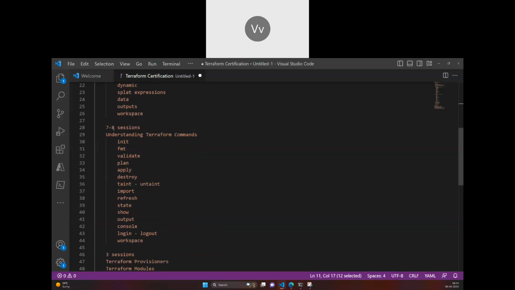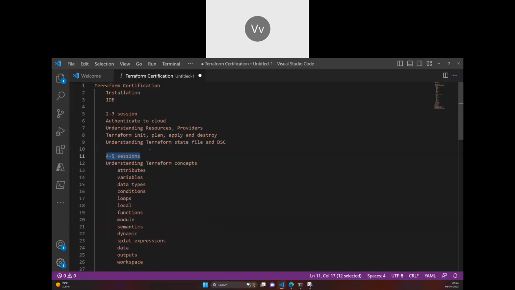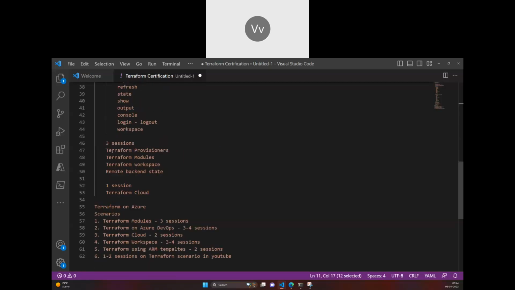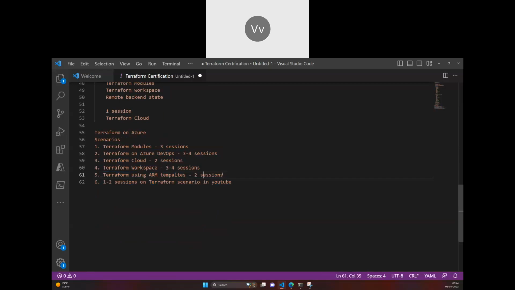So 3 plus 5, 8, 8 plus 8, 16, 16 plus 4, 20 sessions are actually going on this. If I could scale down and go a bit faster, it would be like 2 plus 4, 7, 6 plus 7, 13, and 13 plus 4, 17 or 16. Then I would have more scenarios to talk about. That's the reason I say it is definitely going to take more than 25 hours, and I love to take that.